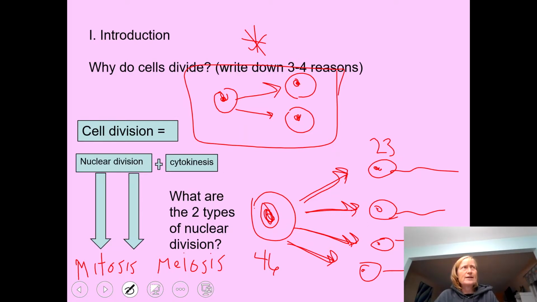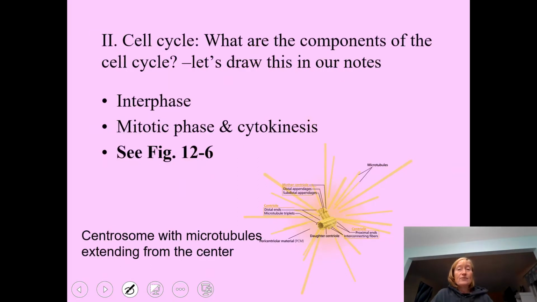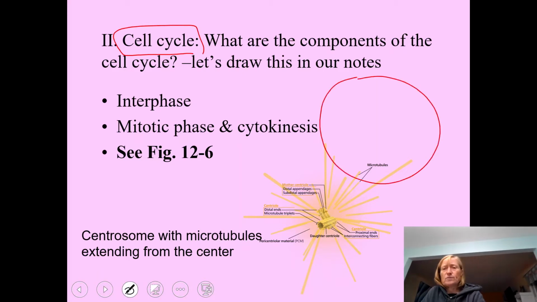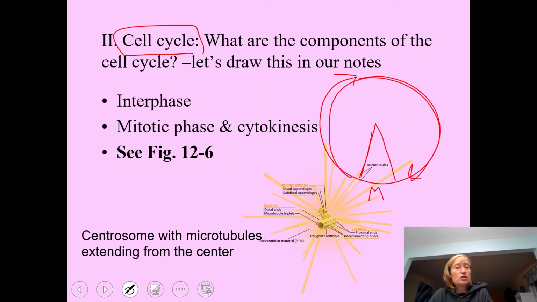And when we think about Chapter 12, when we think about cell division, sometimes we just think, oh, wow, a cell is always actively dividing. But it isn't the case at all. In fact, a cell is sitting most of its life not dividing, doing other things. And we talk about the cell as having a cell cycle. Well, I kind of think of it as a big circle. And we're going to draw this out as well. And most of the time, the cell is not actively dividing. For a little piece of this pie, maybe a little wedge of this pie, the cell might be in active cell division, the M phase, mitosis. But the rest of the time, the cell's doing other things. We call that interphase. And we'll take a look at that in our next video.